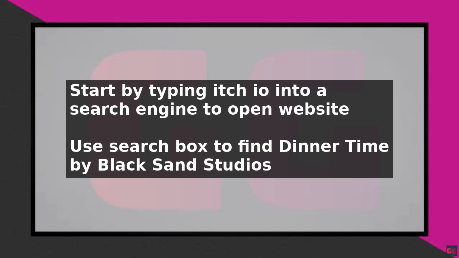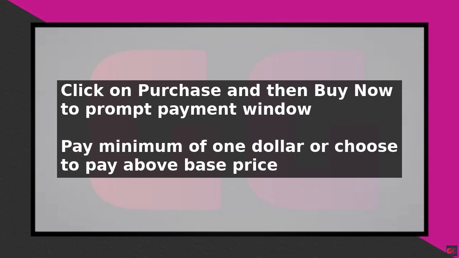To download Dinner Time on a PC or laptop, start by typing itch.io into a search engine, which will open up a website that features the latest indie games from solo and independent developers. On this website, use the search box to find Dinner Time by typing it in, and click on the result